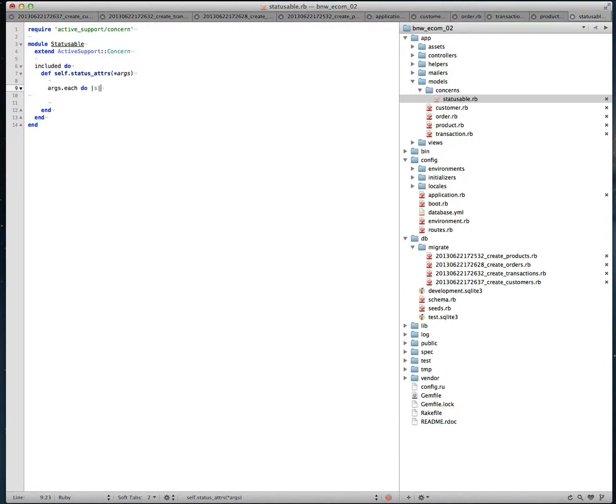So we're going to pass this in and we're going to do args each. We can call it arg, we can call it S, shorthand for status, whatever we want to do. Well, let's call it S. So the first method we're going to define is, for each of these arguments, for each of our statuses, a Boolean method to check whether the instance is a particular status or not, right? So